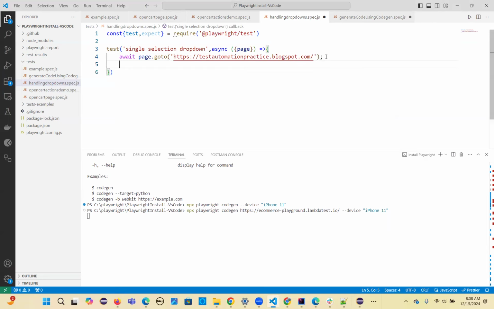So we are navigating to the page first. Okay, so after navigation,